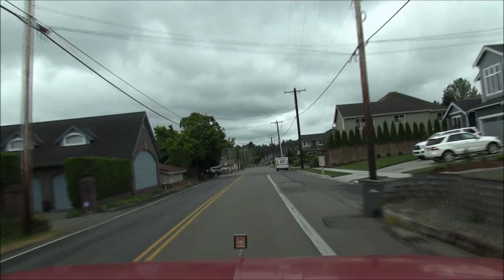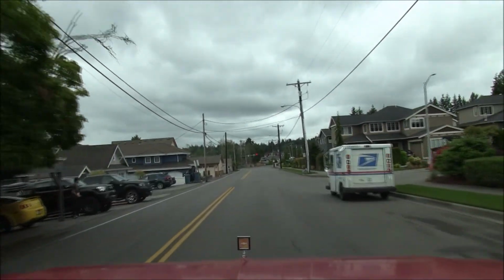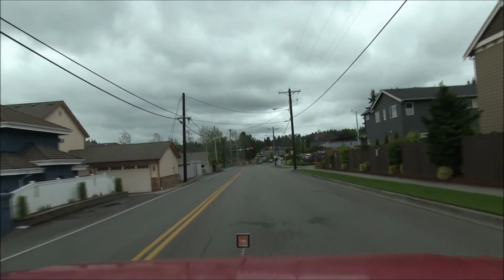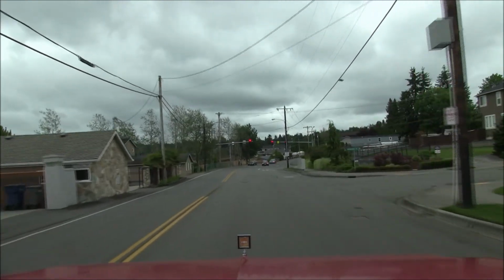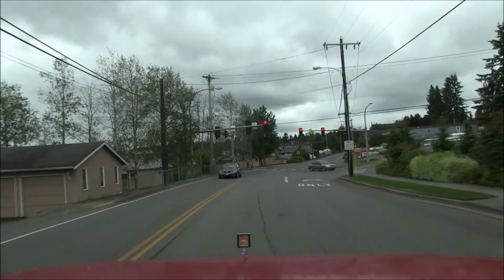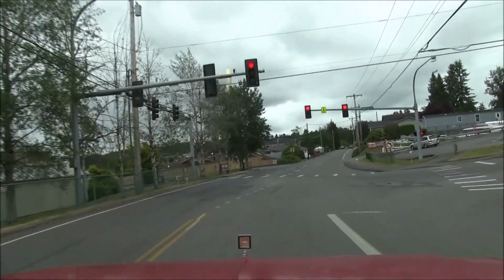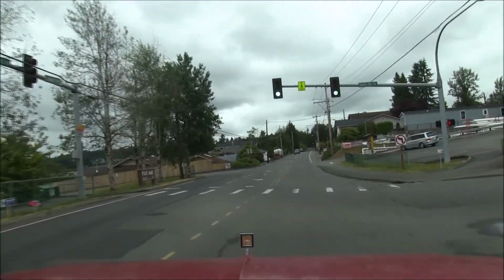Mail delivery on a Sunday. Packages. So this last Thursday, the 15th of June, was my 10-year anniversary at the Boeing Company. And every 5 years they give us access to a catalog and we get to pick a free gift. So I went ahead and selected the